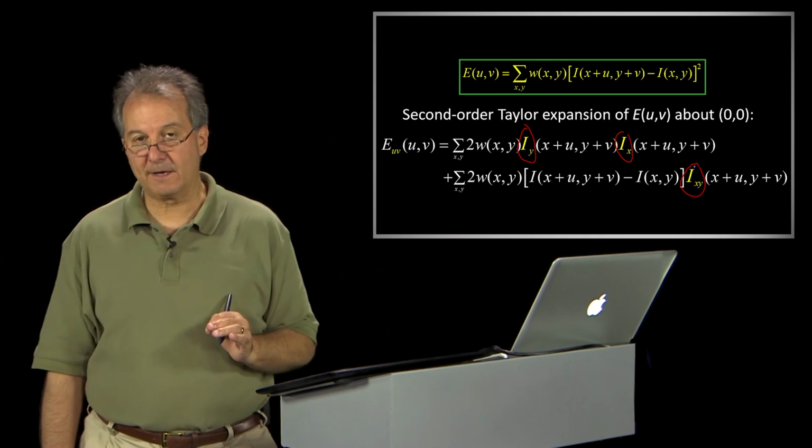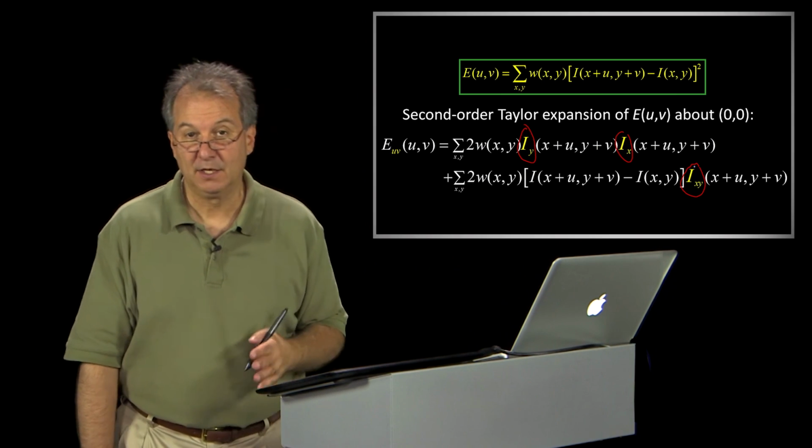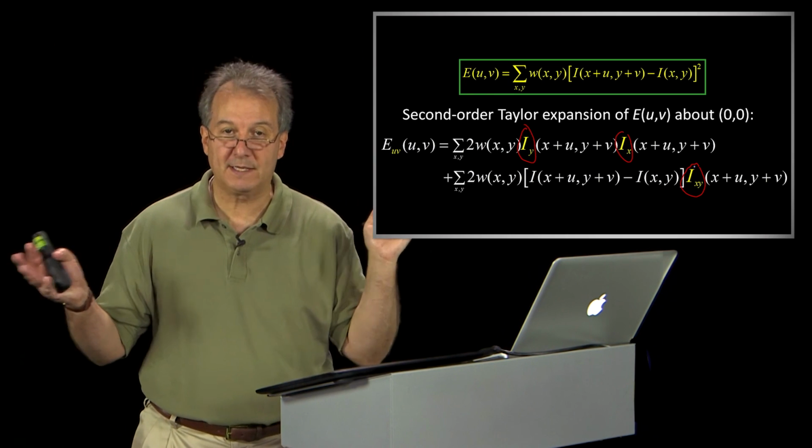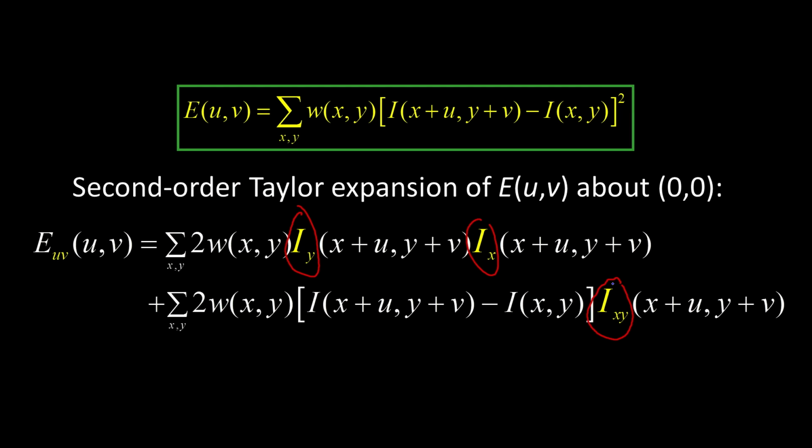We haven't talked a whole lot about the cross derivative, and we're not going to talk more about it today, because later we're going to make it go away, so we won't even think about it. So now we have our first derivative, where u and v are the same, our second derivative, uu and vv the same, and our cross derivative.